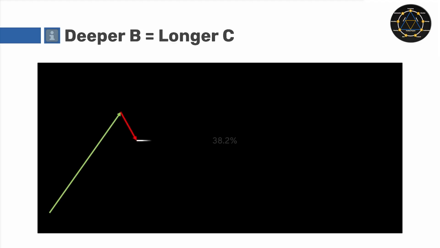So this is a 38.2% retracement. It's quite a shallow retracement, quite small. Now it makes sense that if the market only pulls back this amount and starts going back up again, it's because the market's in a strong bullish mode. So the shorter the pullback, it makes sense that the C wave may be a bit more explosive and move a bit quicker and be a bit steeper. So therefore, you could have something like that. So quite a quick, aggressive move,